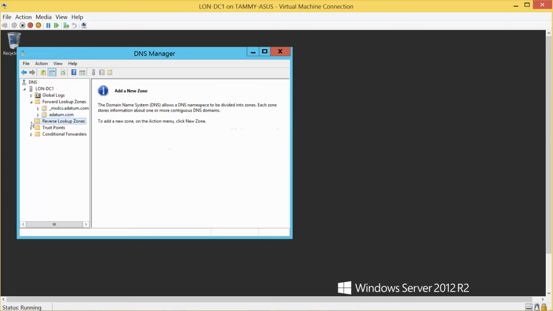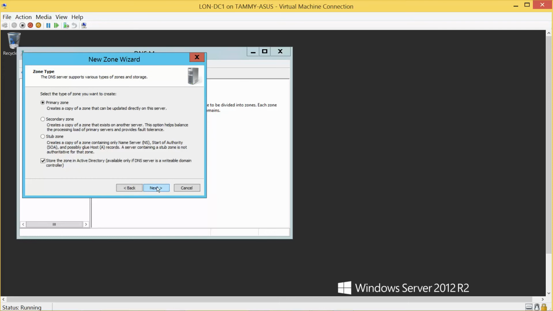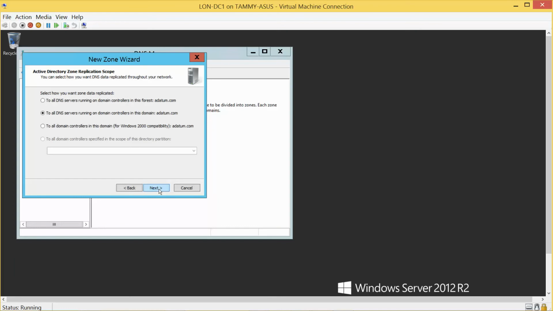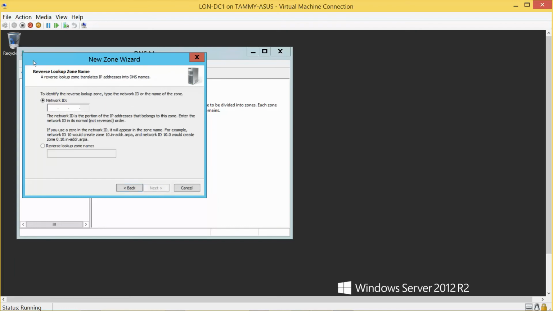And then we're going to expand Reverse, right-click, New Zone, Next, Next. On the zone type, we're going to go ahead and store the zone in Active Directory, that's fine, and Primary, Next, Next, Next, and then here we're going to do